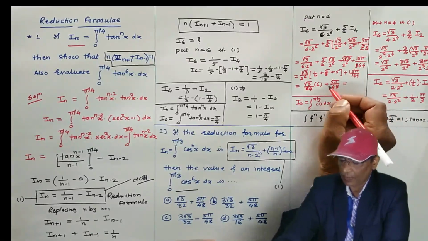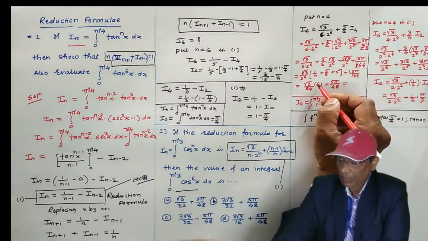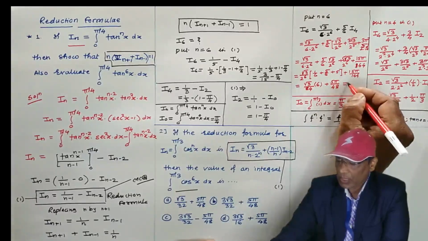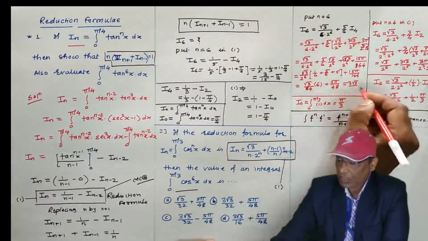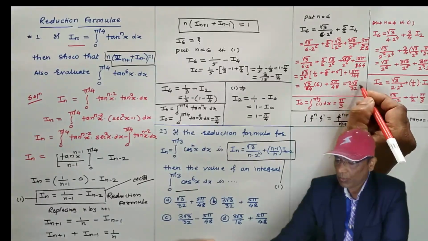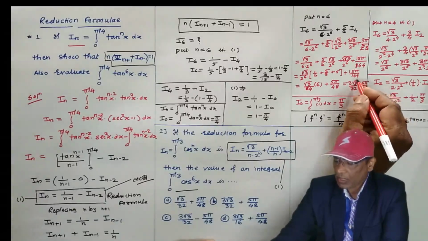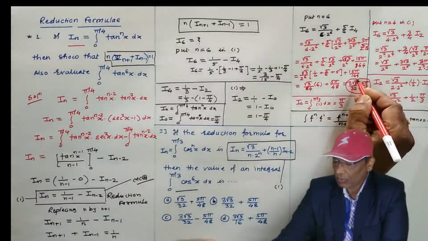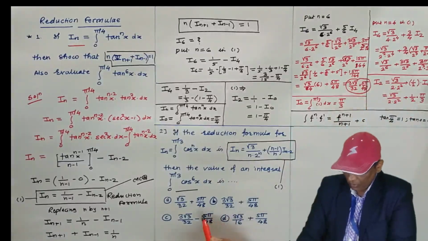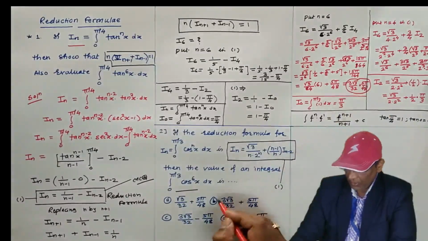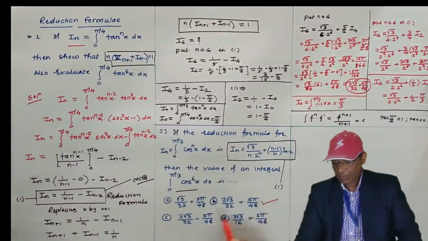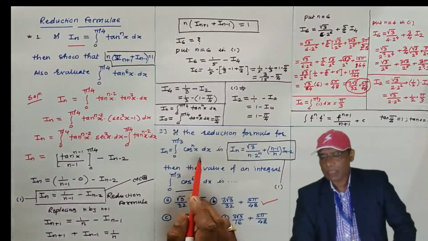Now this equals, here 3 2s are 6, I am writing 3 root 3, this is 32 plus 5 pi by 48. So this is the value of I6 here. So is there the option, see 1, 2, 3, 4, 3 root 3 by 32, 5 pi by 48. Okay, this is the correct option. So in this way, the value of I6 we have obtained